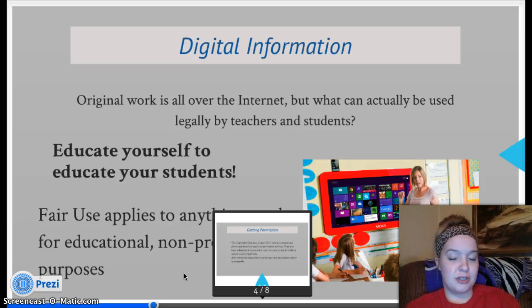So all of this digital information is being used every day, and teachers, it's really up to them to educate their students. There's this domino effect going on of uneducated people on copyright laws, and really they're just not having the attention that they deserve. It's kind of become so common for things to be stolen in a way, ideas to be stolen and used as someone else's original work, that people don't even think about it very often anymore. And copyright really is a big issue.